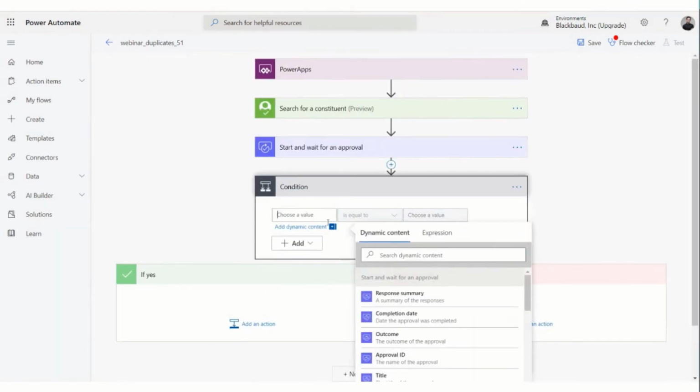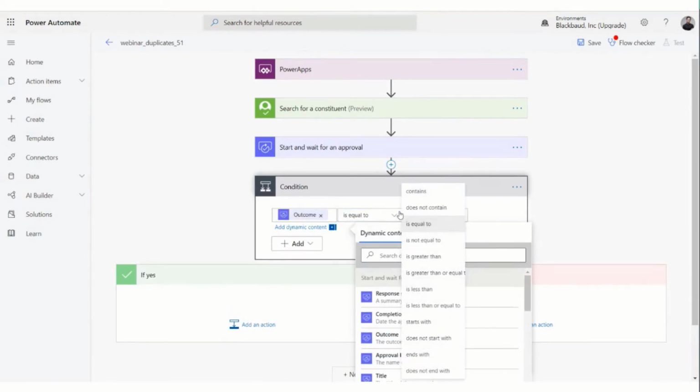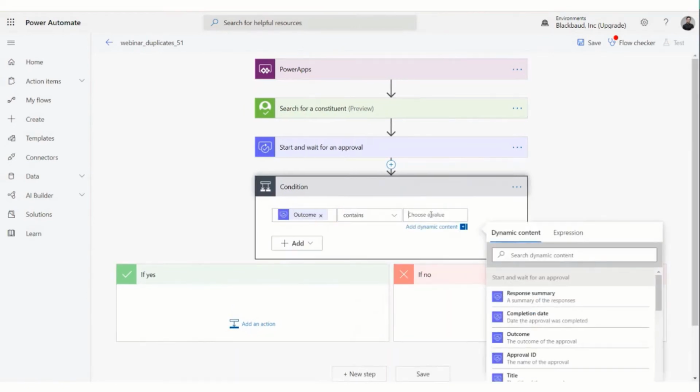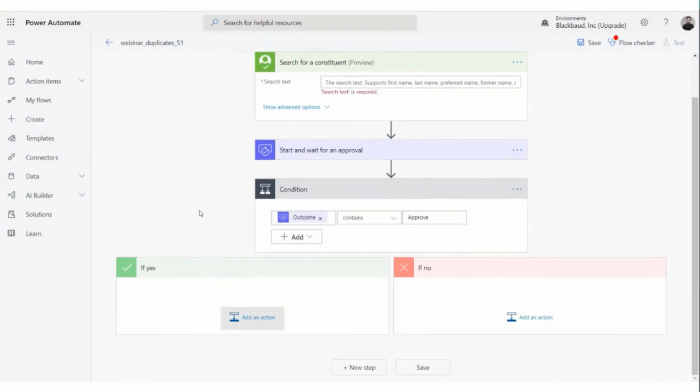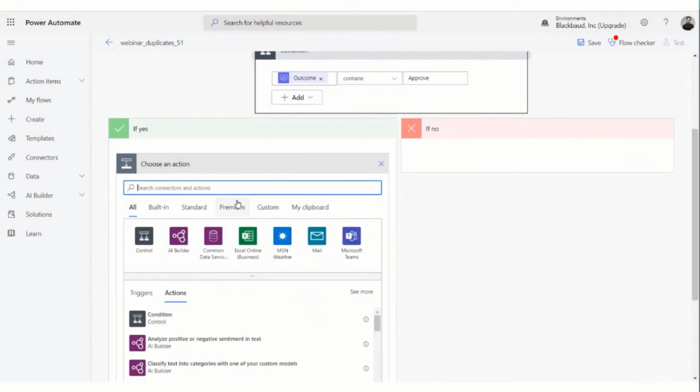And so based on the outcome of that approval, if it contains approve, I believe. Yep, if it contains approve, so if the outcome is an approval, then I'm going to create a constituent.